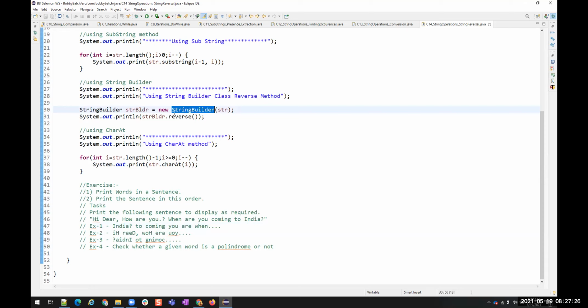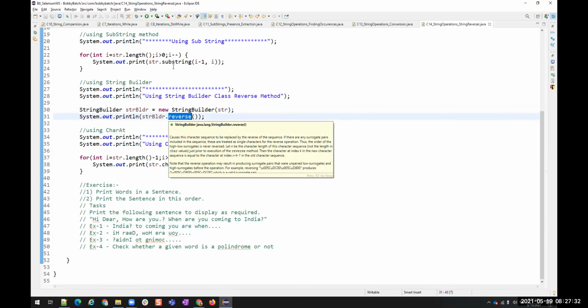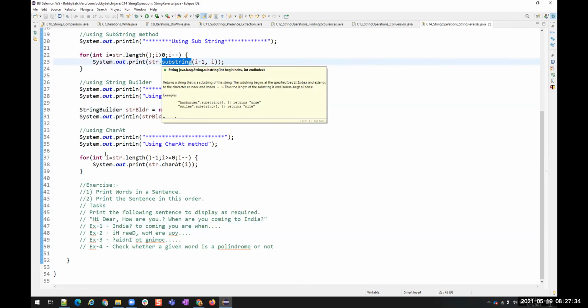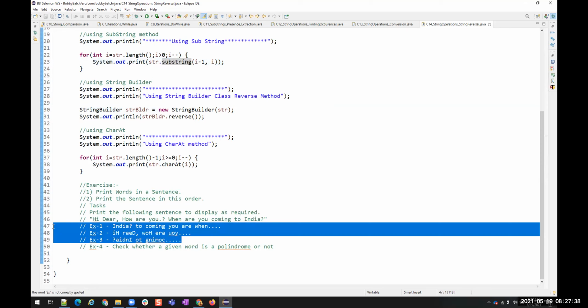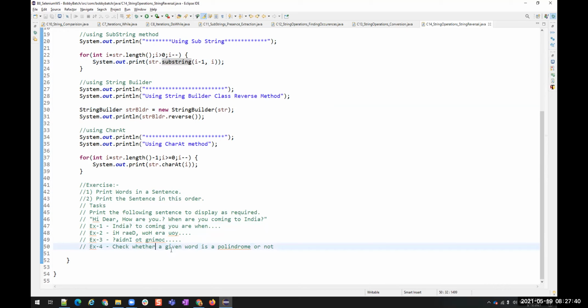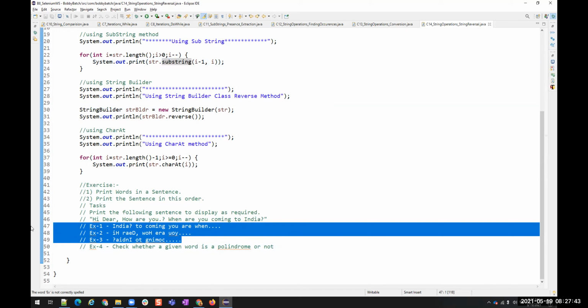You will try all the different methods, so that you will understand each method and improve the logical thinking of writing programs. That is the reason we are giving this. This is nowhere we are going to use in real time, but it is just to improve your logical skills and get hands-on with the methods of string.